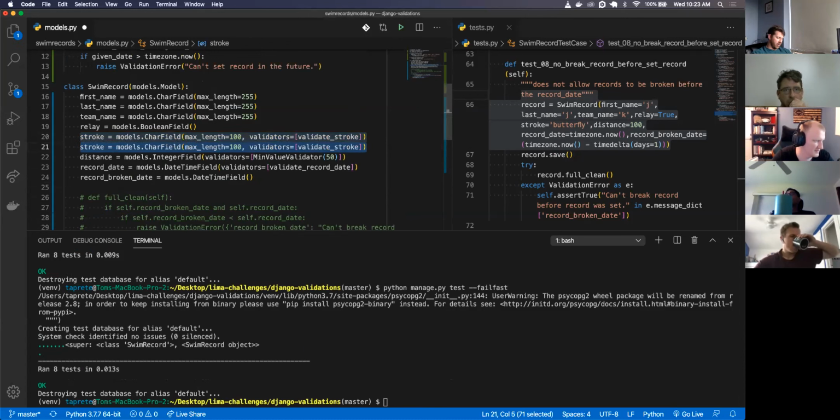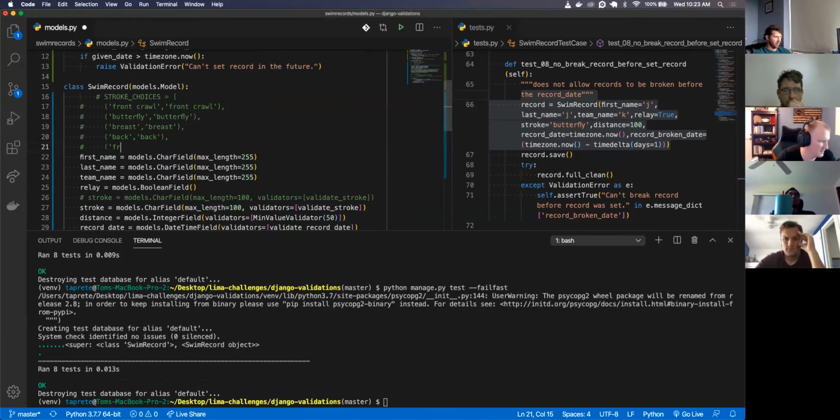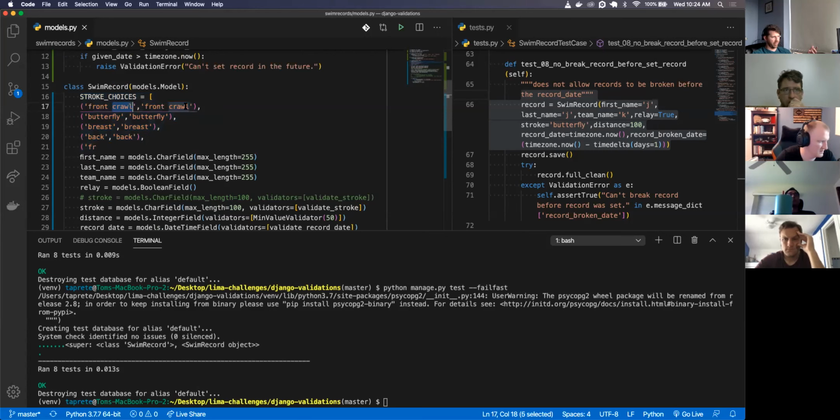I don't know if you guys found this about choices. So this is stroke choices, takes in a tuple. This is kind of front end stuff. If you have a select drop down, it's what the value is versus what the front end looks like. And instead of validators, if I did choices,